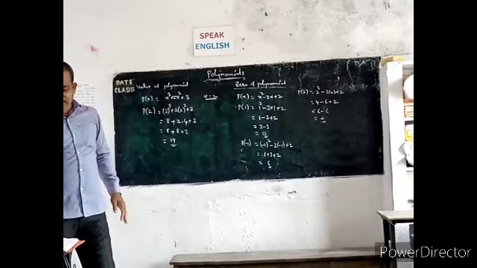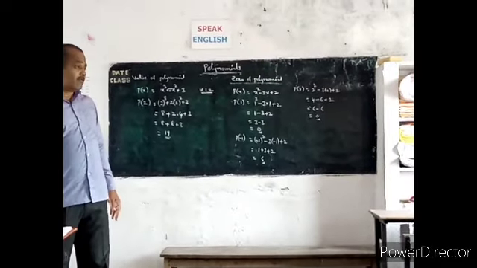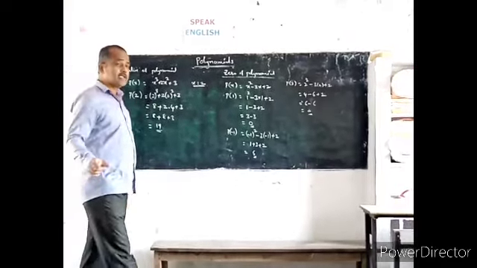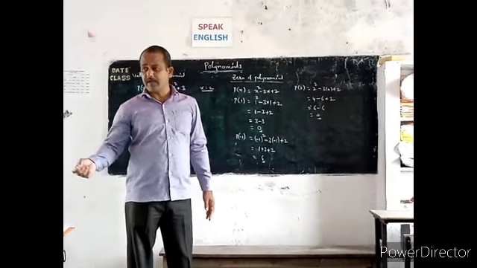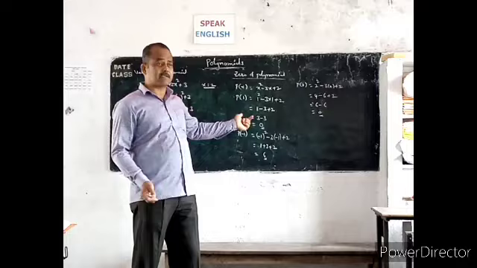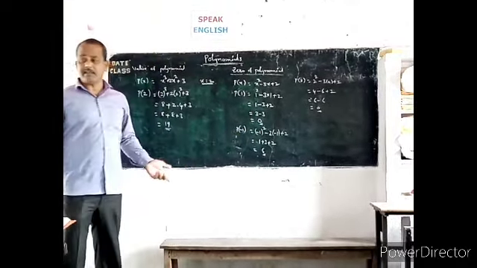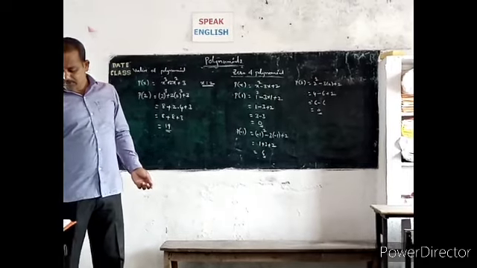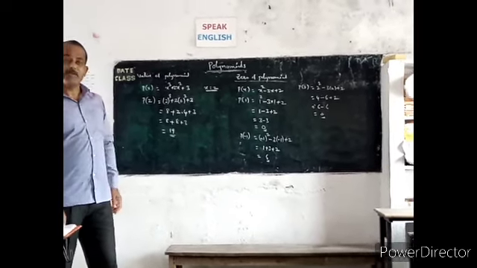Next, do this one more. We have to check whether these are zeros of the polynomial or not. When we substitute any value in place of x, if it gives 0, it is a 0. Otherwise, it's not a 0. Up to 54, do these problems. Write and come. Tomorrow we will discuss the exercise.